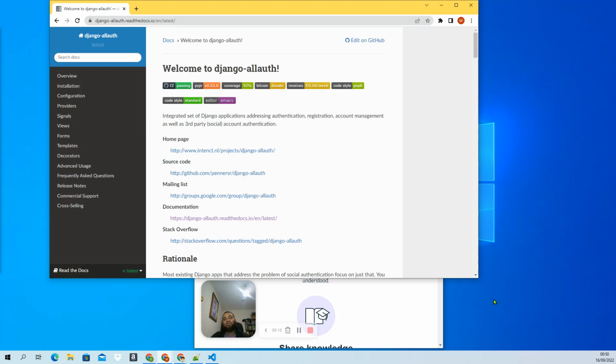Do you guys ever wonder how to do the social login process? Suppose you have a Gmail account or Twitter, Facebook, or Instagram, or many different social network accounts. You can use those account information to log into your Django applications. Do you know how to implement this in your Django application? If you're not sure how to do it, we'll do it together and I'll show you step by step how to do it. Basically we will use the Django-allauth package,